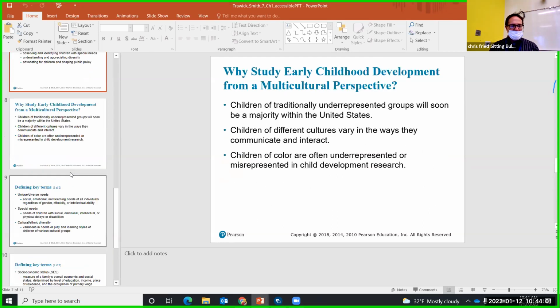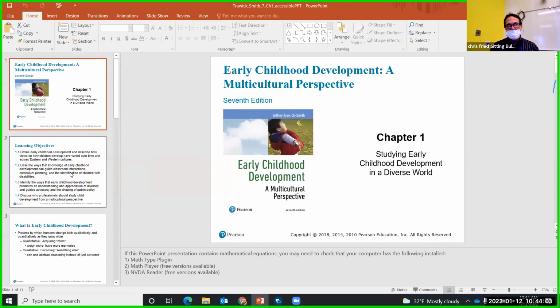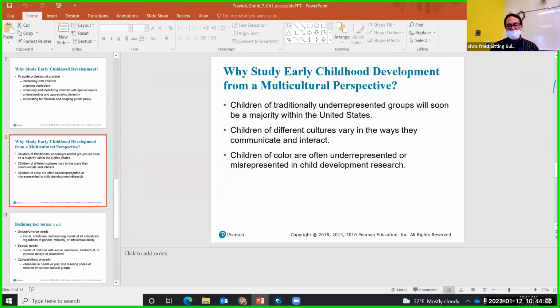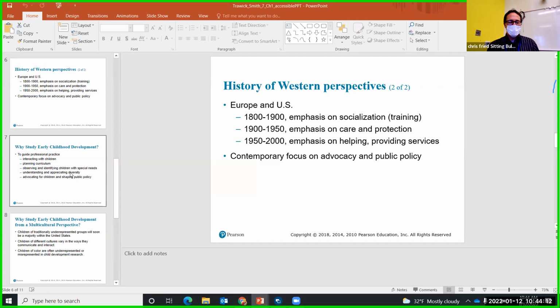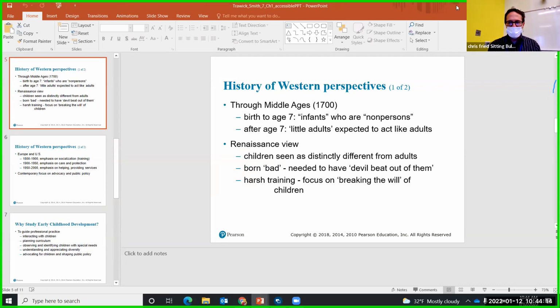So, questions, Lori, so far on this chapter? Okay, that's it kind of in a nutshell. Like I said, it's not super long, but just a little bit of background on some perspective components there.